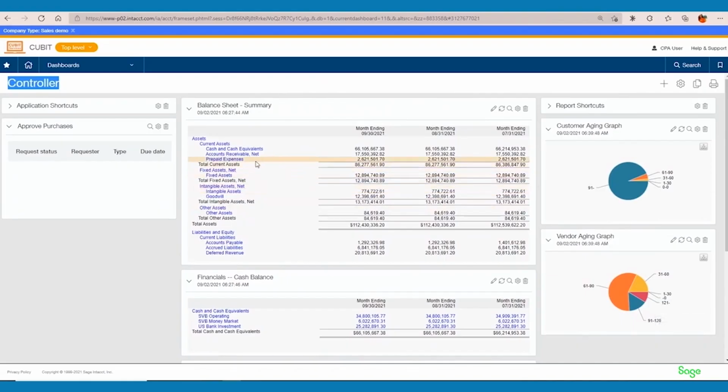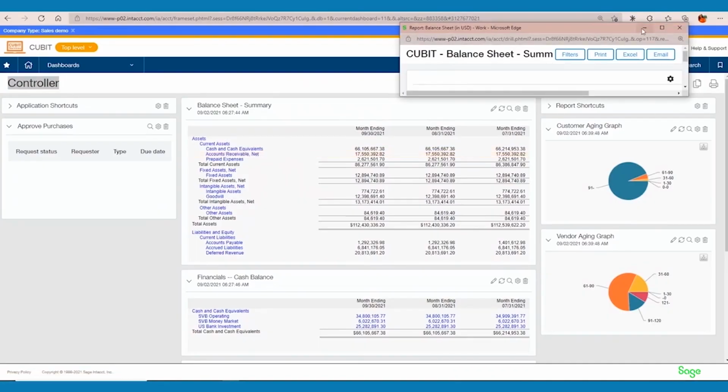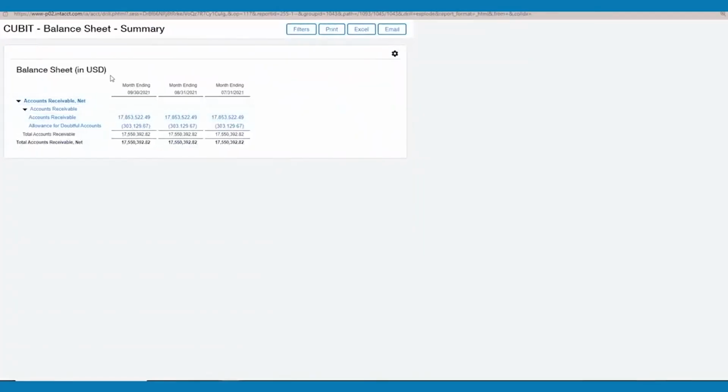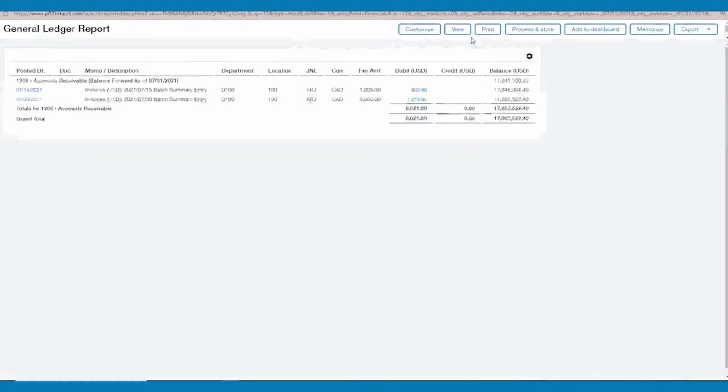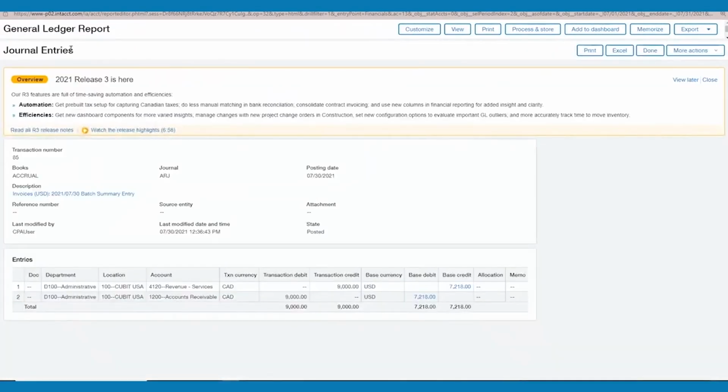So I wanted to demonstrate how we can drill down to our source document from a transaction on the dashboard. For example, when we're looking at our balance sheet here, if I have some questions about these accounts receivable numbers, I can drill into the accounts receivable line item here on our balance sheet. That's going to drill me further into the balance sheet summary. I'm going to further drill into the accounts receivable numbers here. This brings me into the general ledger report level, the originating journal entry level, and now I'm going to go